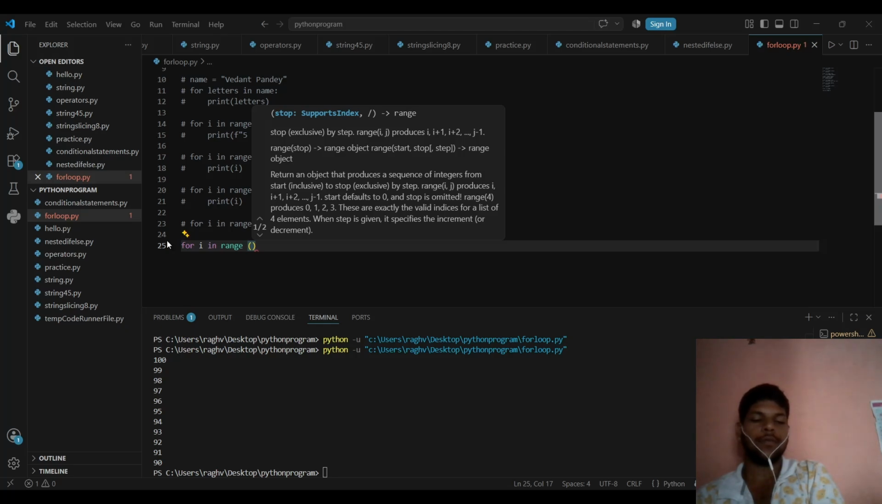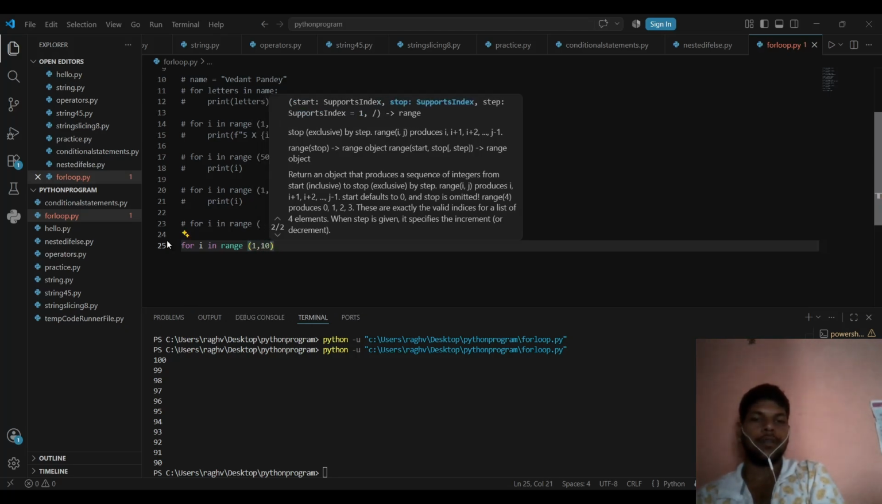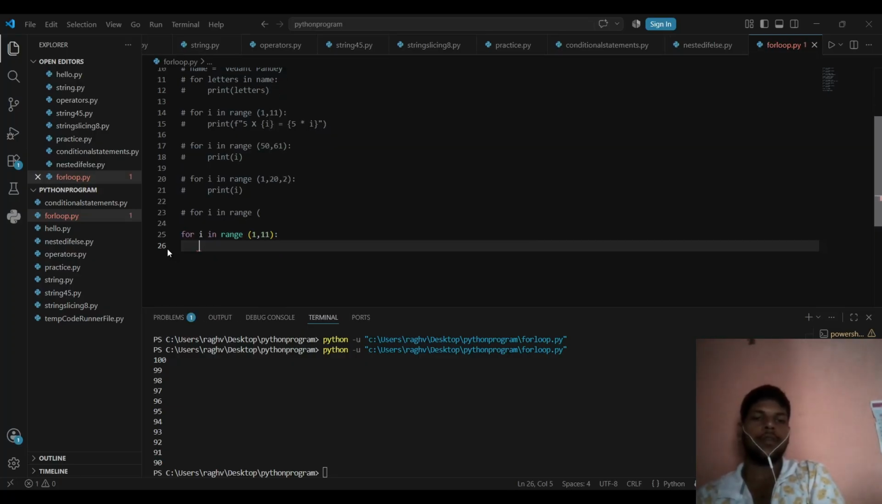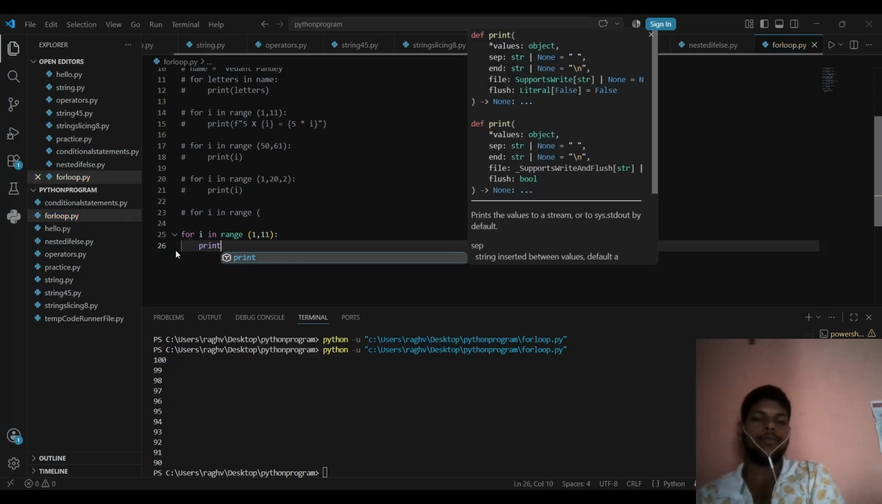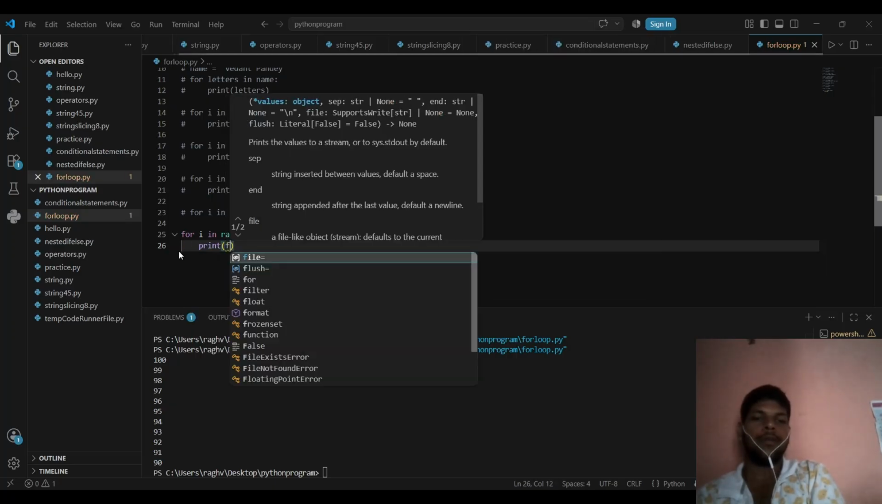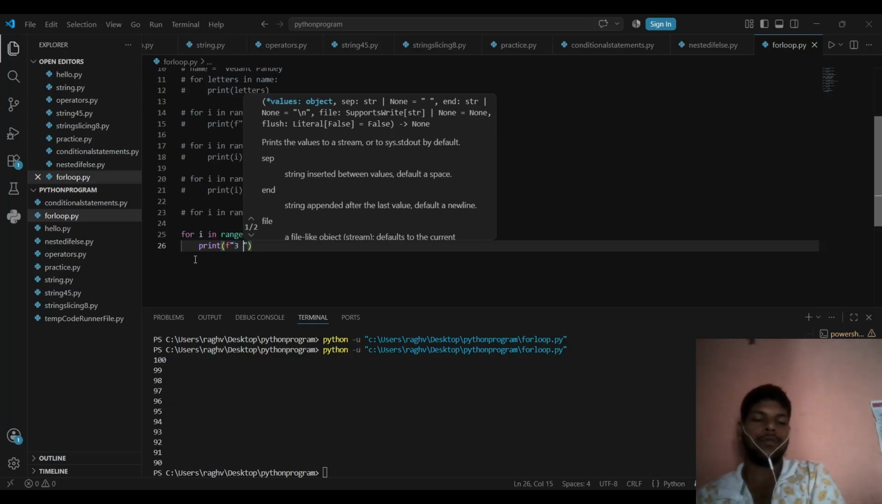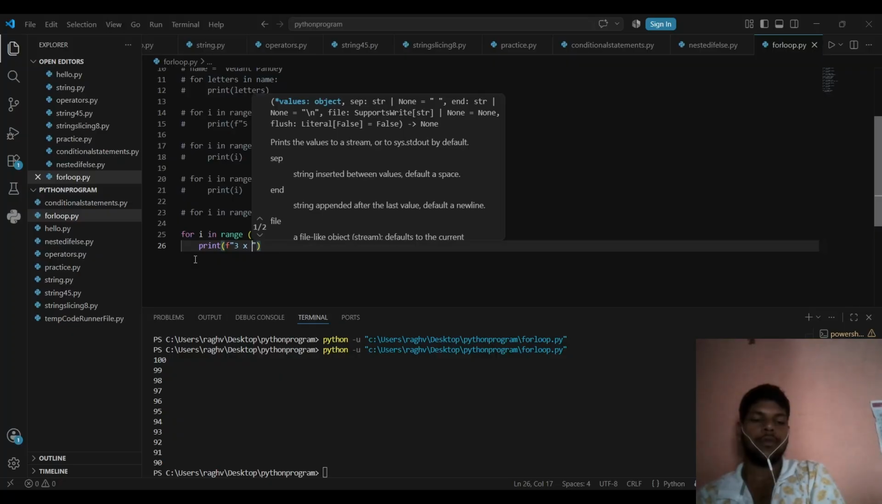Okay, range 1 comma 11, and using f string we'll print the multiply of 3, table of 3. Okay, using f string here, 3 into i